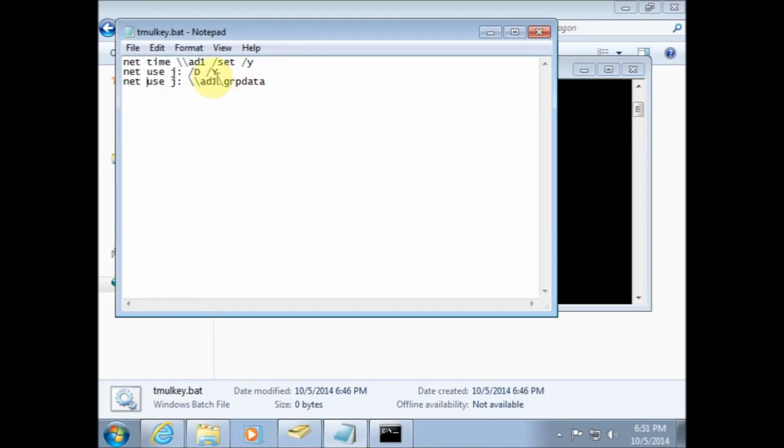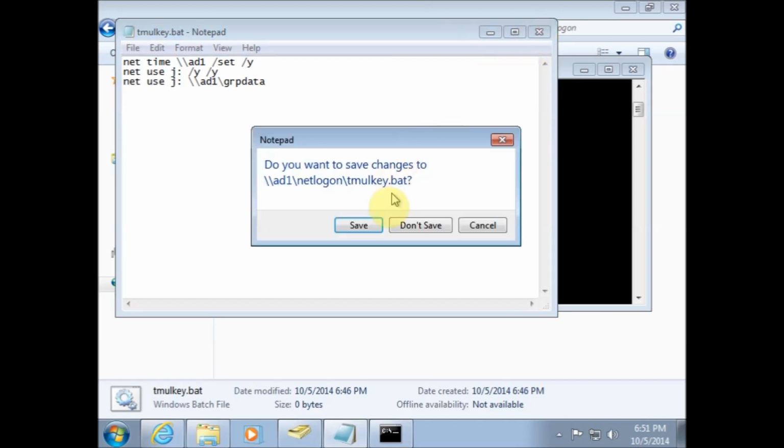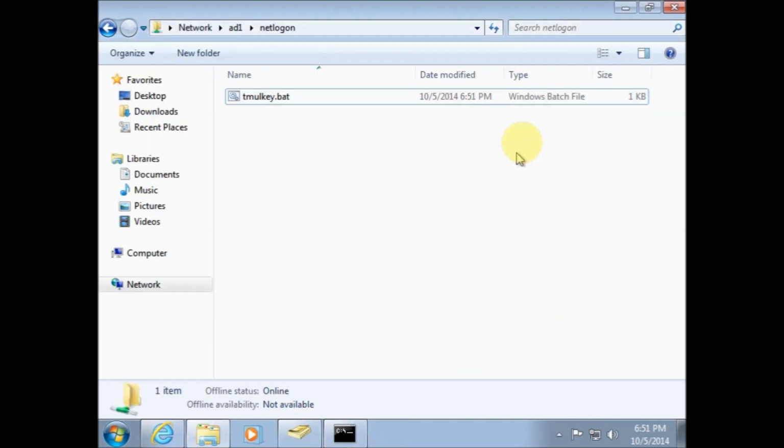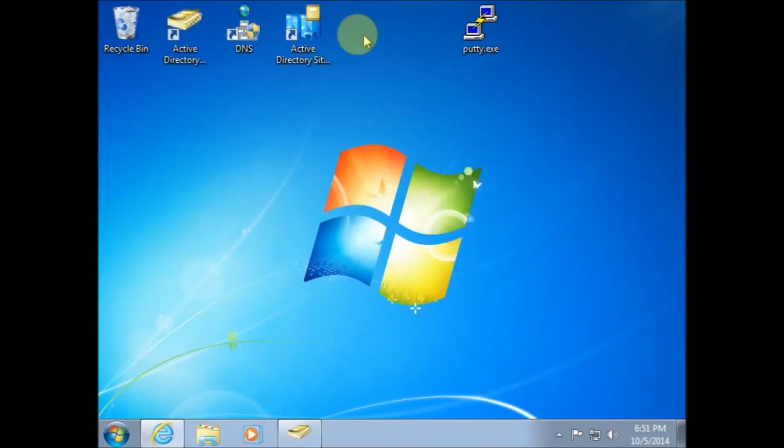You don't have to type caps here. You can. I don't think it matters on these types of commands. Okay, and so that's going to map that drive. Now I don't have to map the user's drive here. That's going to happen automatically when we set the user share in Active Directory users and computers. So we'll go ahead and close this, and we'll save it, and we have our first login script for our first user. So now I'm going to go ahead and open up Active Directory users and computers,